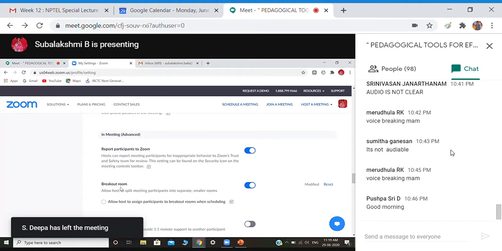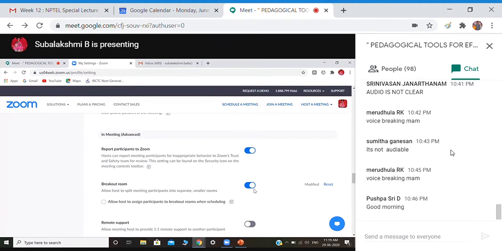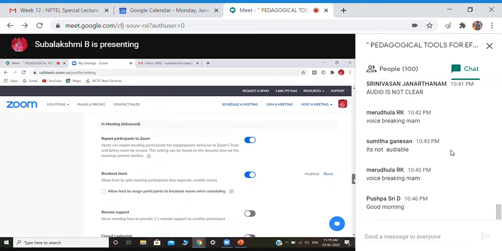And next we have here breakout room. It is a very important attribute of Zoom. So what are breakout rooms? As we do in our offline classes, when you give a group activity to the students, you divide the students into groups and each of them is assigned some task. Once they complete it, you call them back. In a similar way, you can create breakout rooms. You can create as many rooms as you want. You can assign the students to the breakout rooms and once their activity is over, you can call them to the meeting room. I'll show you how to do this once we start the Zoom meeting.